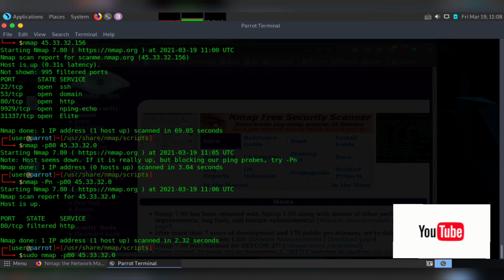How can you scan for UDP ports? Suppose I am using port 1234 as my UDP port and I want to scan this particular port. What you have to write is hyphen small s capital U, and then space, hyphen p and your port number, and that will be your UDP scan. If you want to scan all the UDP ports, then you can simply use -sU.